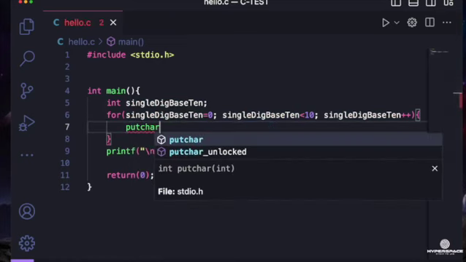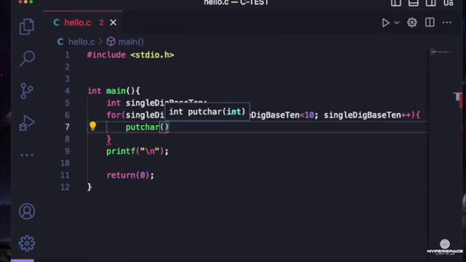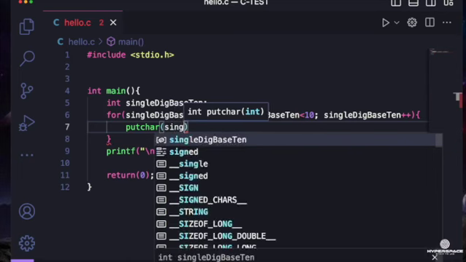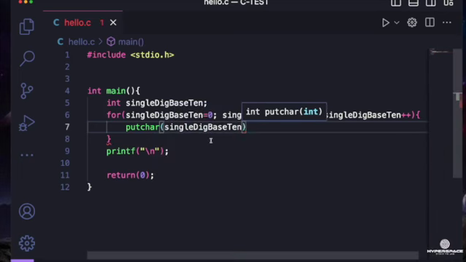We're going to use putchar, but putchar only prints a character. We can't use a format specifier. So how do we go about this? Now remember that I explained to you that the modulus operator returns the single digit of a number. So if you are going to return the single digit of a number, I explained to you that whenever you divide a number by 10, it will always return a single digit. Okay, so now if we say that our variable, which is single digit base 10, modulus 10,